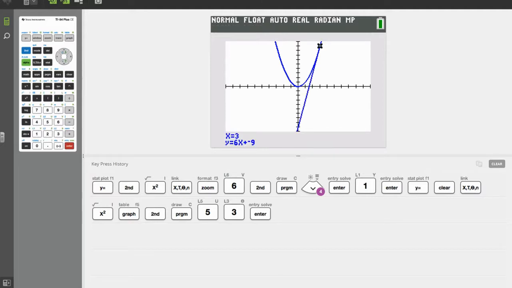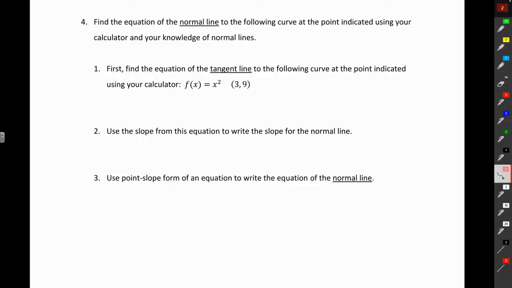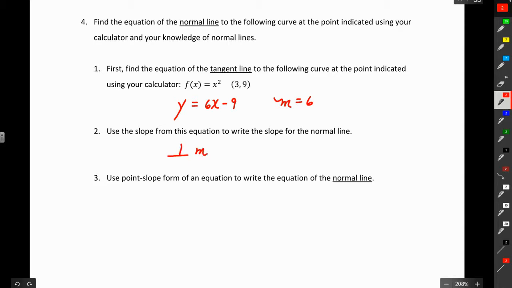All right, so that is the line tangent to the curve, and we have it right here at the bottom of the screen, y equals 6x minus 9. So let's write that down. Now we're going to use the slope from this equation to write the slope for the normal line. Normal line means it's perpendicular. Here our slope is equal to 6. So the perpendicular slope is going to be the negative reciprocal of 6. So it's going to be